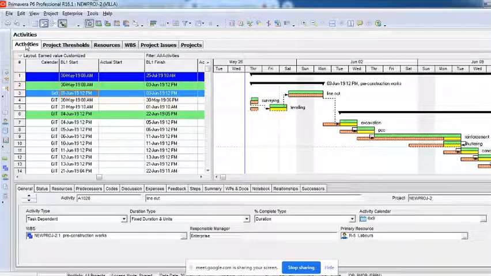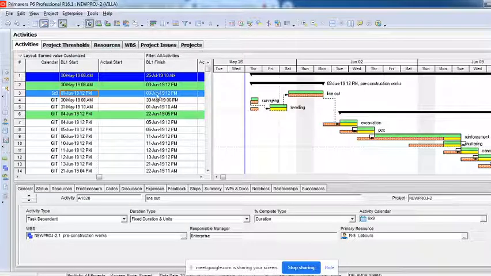Very simple. So the project cannot be handed over until all the issues registered in Primavera are closed. If the status on any activity is open, then you cannot submit that particular project. So it's very important. You will have to register the issue, monitor the issue, ensure the issues have been closed at the resolution time, and then ensure you are updating that in Primavera as well, with the status closed.